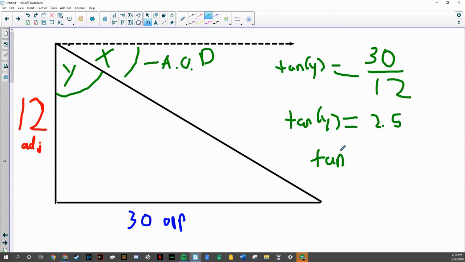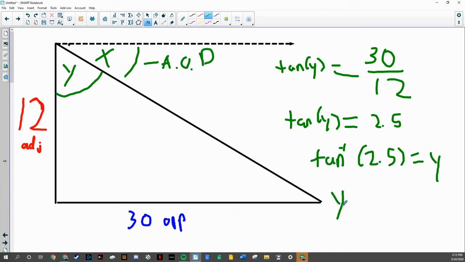You find the inverse tangent of 2.5, and that will equal our angle, this value of Y. Inverse tangent on your calculator, you usually need to hit the second button to find it, either on your iPhone or on one of the scientific ones like the ones we have in class. But inverse tangent of 2.5